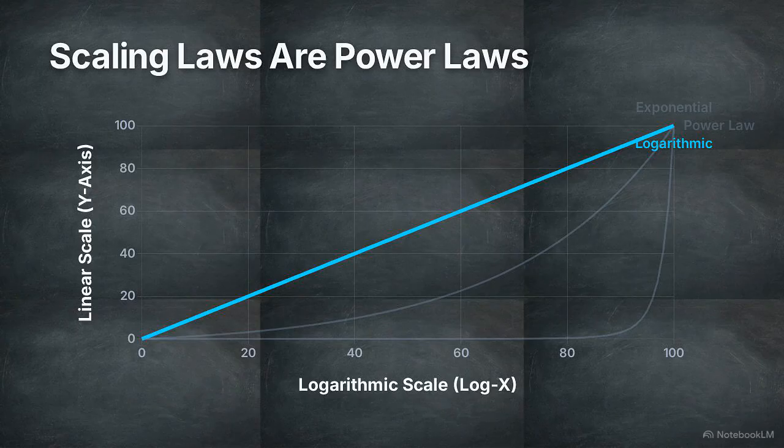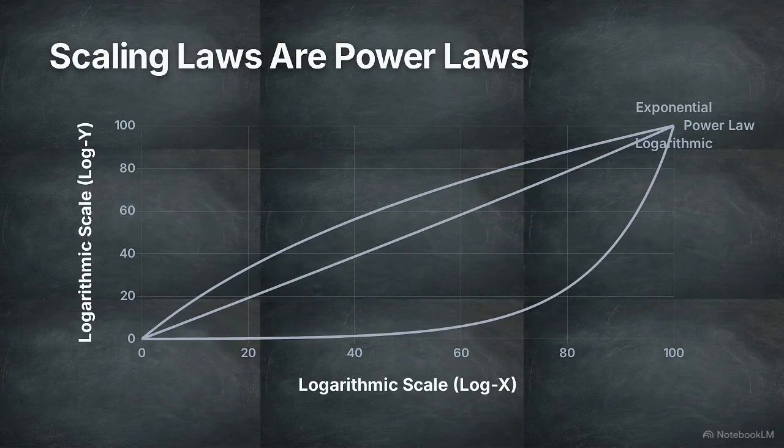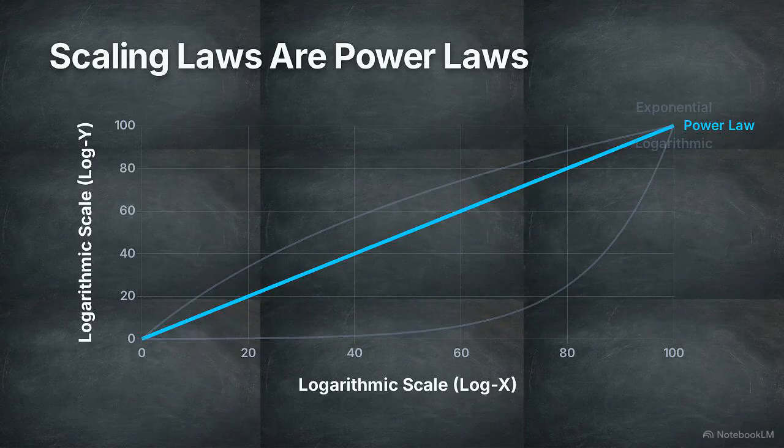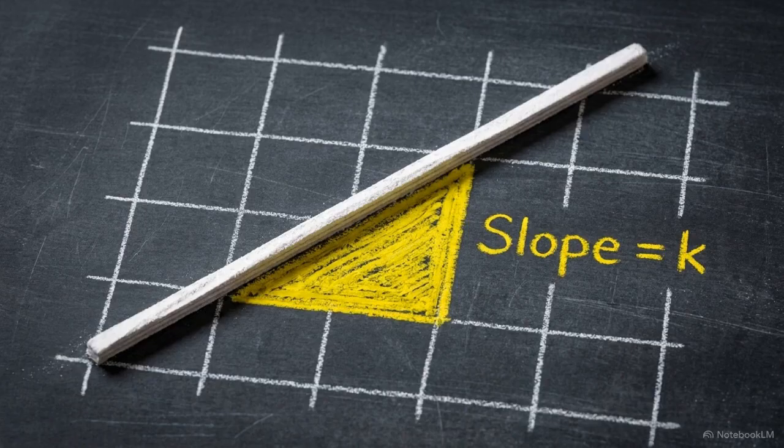Now watch what happens when we compress both the x and y axes simultaneously into logarithmic scales, creating a log-log plane. The power law function snaps into a perfectly straight line. The underlying algebra requires this geometry. Taking the logarithm of a power law creates a strict linear relationship between the logarithms of both variables. And the visual slope of this straight log-log line is not arbitrary. Its slope is the exact numerical value of the exponent k.